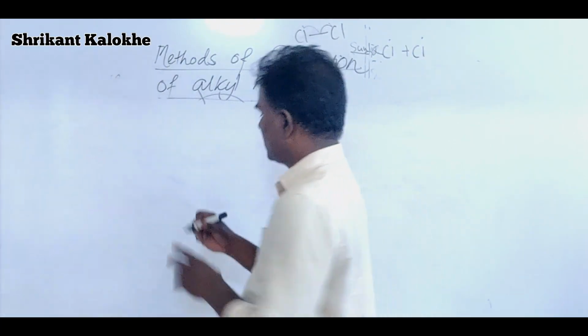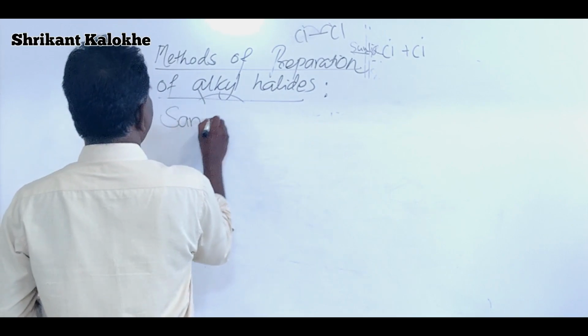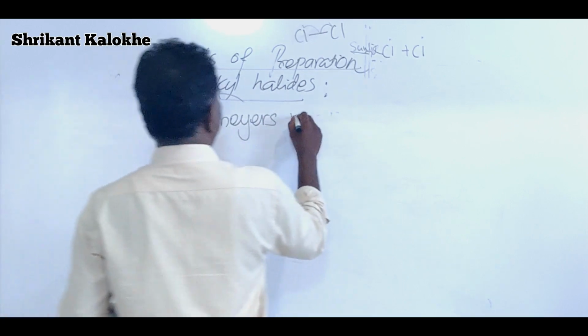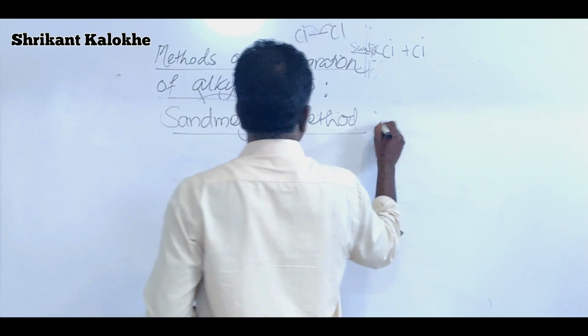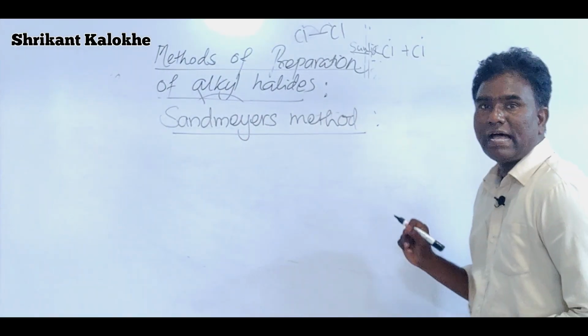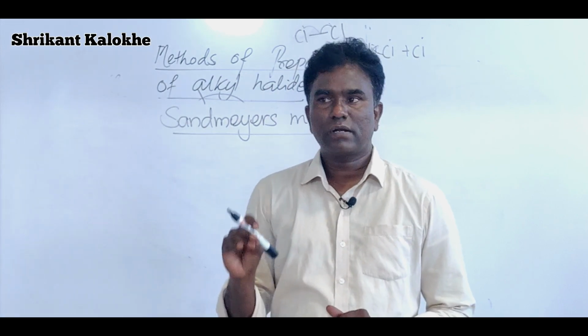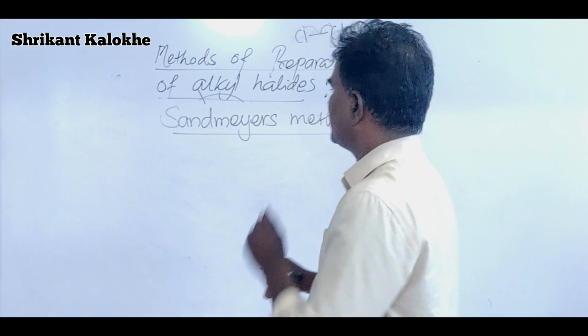So the last method of preparation of haloarenes is Sandmeyer's method, or Sandmeyer's process. In this process, diazo salts are treated with copper chloride, means salt of copper having +1 oxidation state,